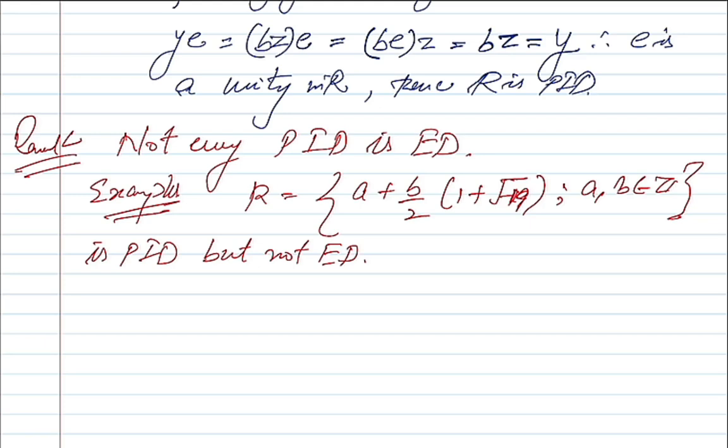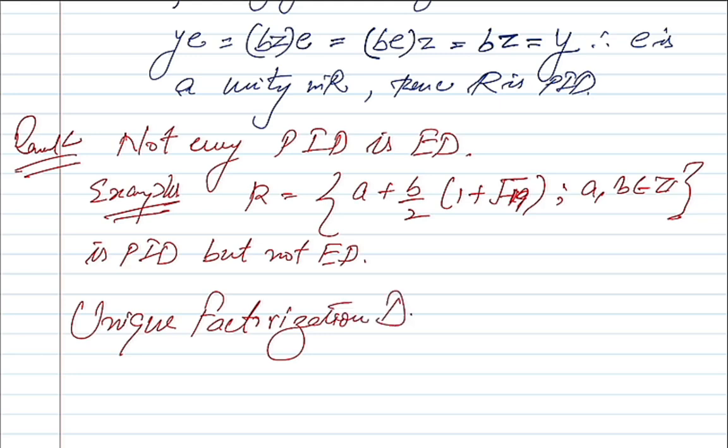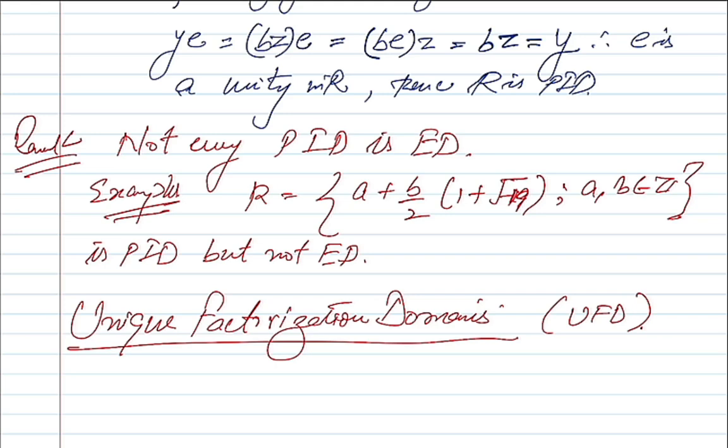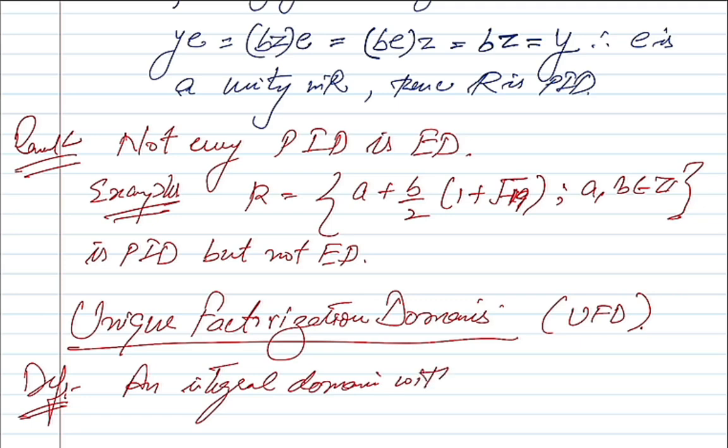Alright. So next I'll start with unique factorization domains, which are also known as UFDs. So what is the definition? An integral domain with unity is called